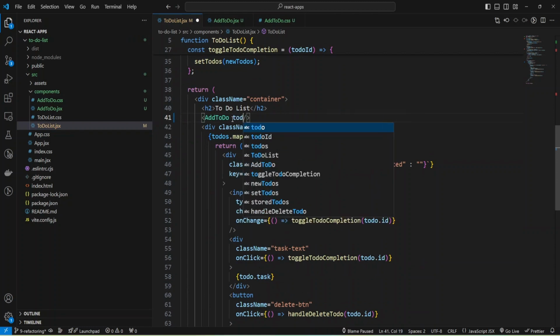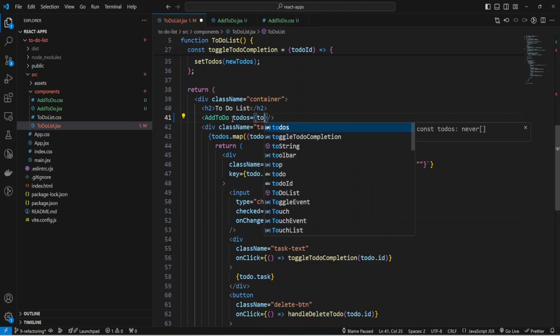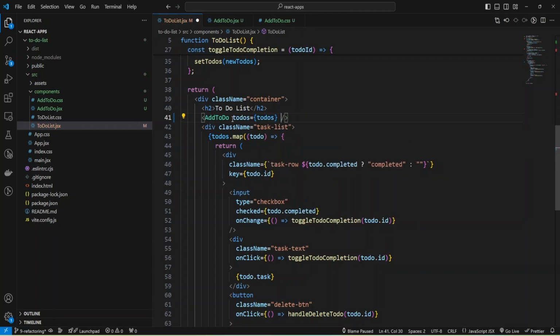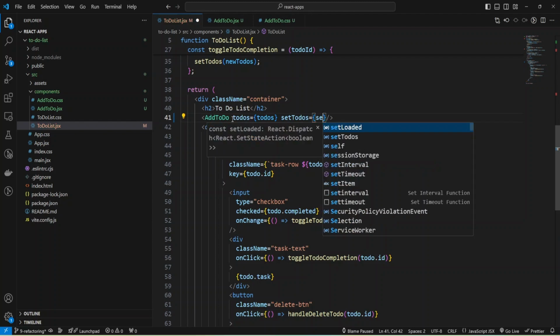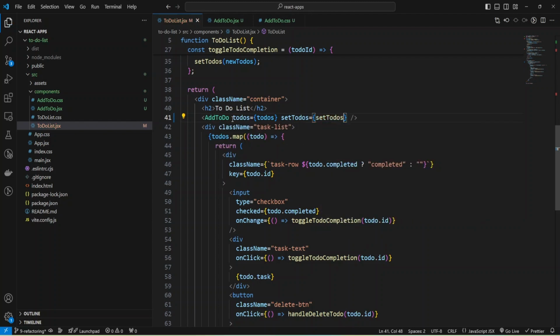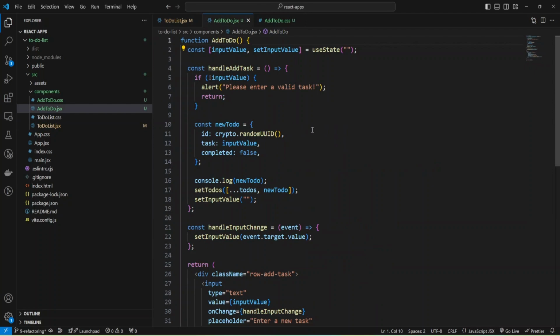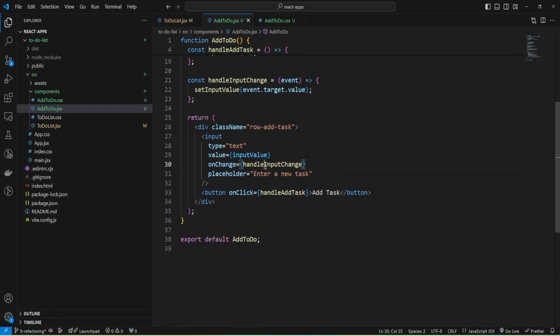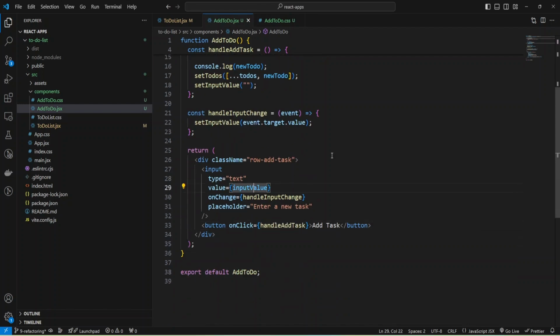I'm going to add to-dos and pass to-dos from my state, and also we need set to-dos, which is a function that changes the state, and I'll provide it as well. Okay, and now I can go to my component and check. We have handle input change, handle add task, and also input value.